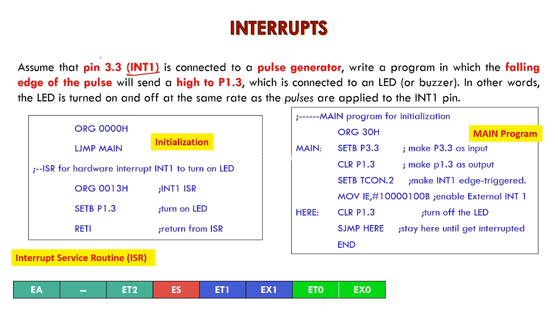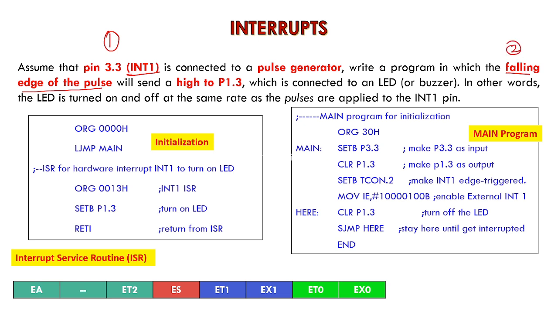This is the first important observation you need to note down. The pin 3.3, that is your interrupt pin, right? So that is the first observation. Write a program in which the falling edge of the pulse, very important,